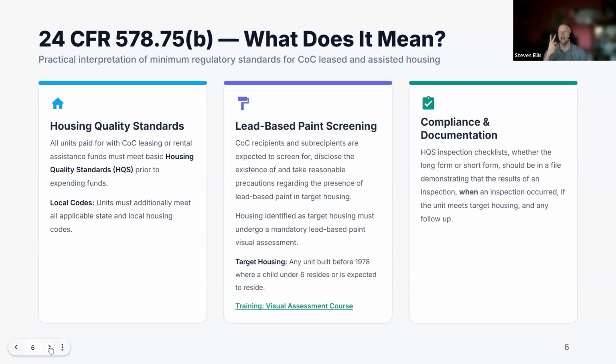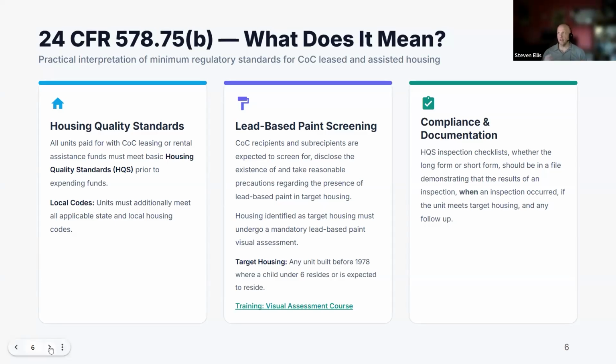It outlines when the next inspection must occur to make sure this is happening annually. It's going to outline if it meets target housing, which I'll come back to in just a second, because the top of the form asks about the family size, children under the age of 6, and when the unit was constructed. That checklist pulls everything together, and if entirely filled out, it tells the story about what you need to do.